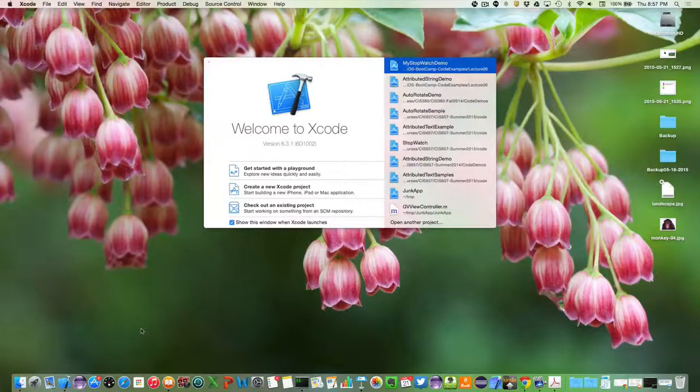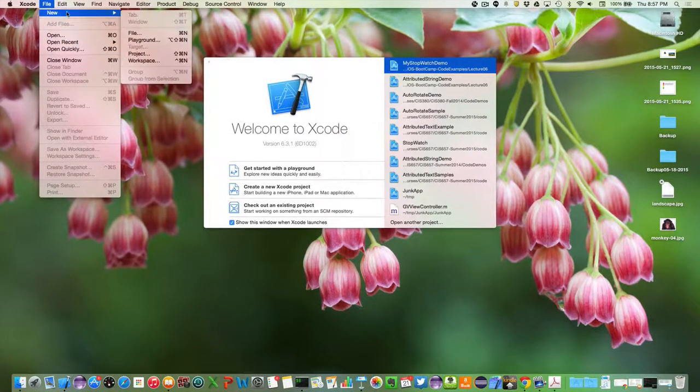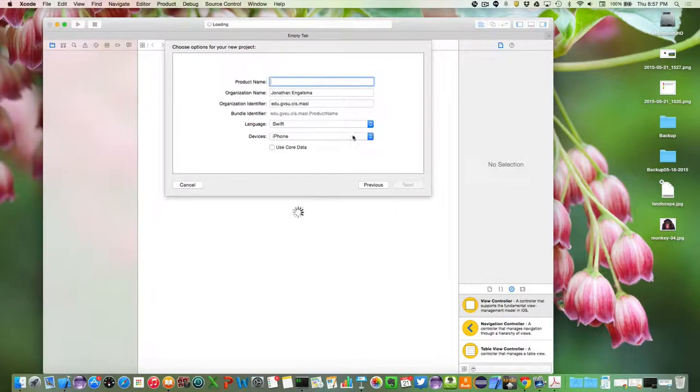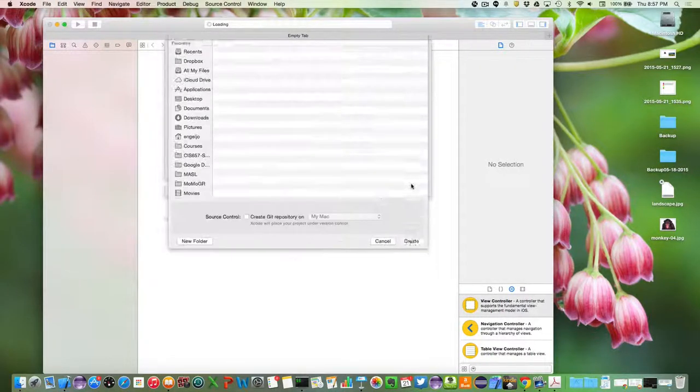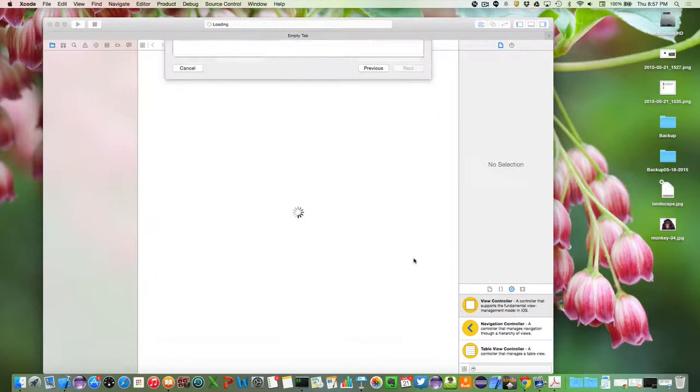All right, let's look at auto rotation, and we'll look at a simple code example to show you how we can determine which of the different orientations we're going to support. So I'm going to create myself a new project, and we'll go single view, and we'll call this our auto rotation demo,